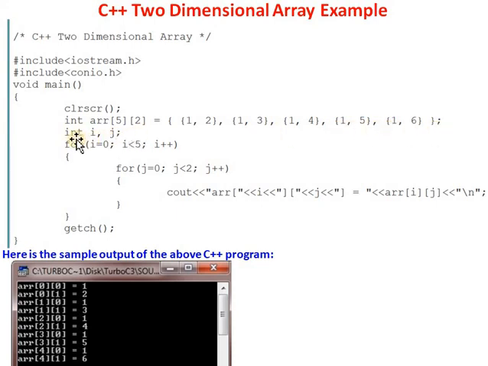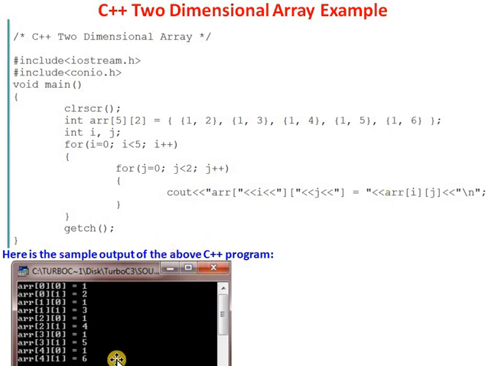Then for accessing the elements, we specify two subscripts, two index values. So here two variables i and j are defined. And by using the loop statements, the values of the array are retrieved one by one. The i, jth location values are retrieved and displayed to the user.